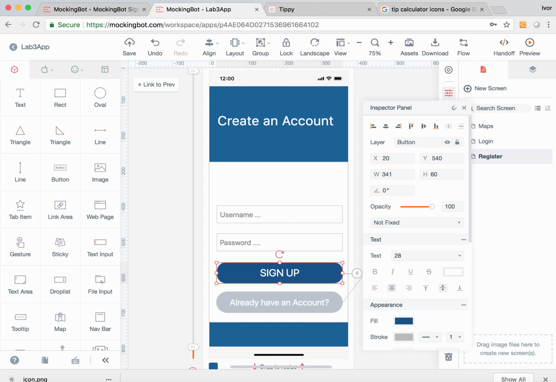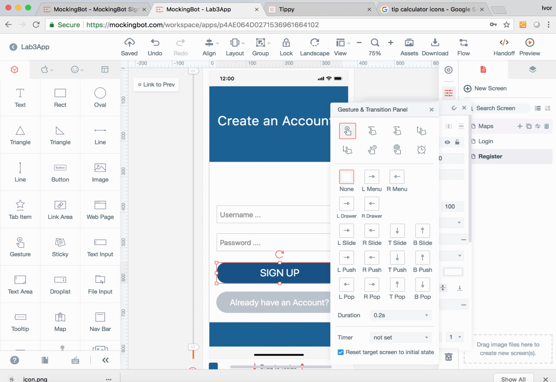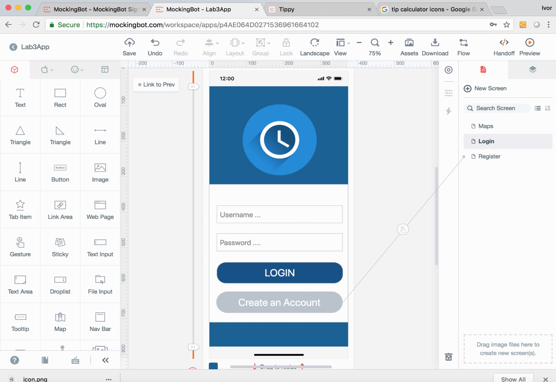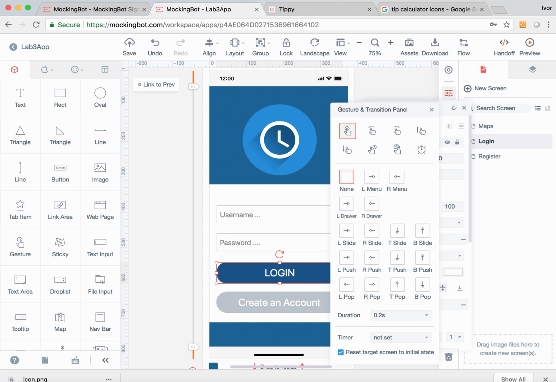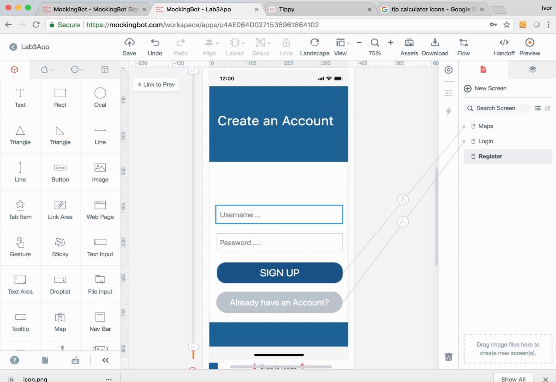Now I'm going to link the sign up button. If they sign up successfully, maybe I want to take them to the maps page, right? So I'm going to link that. Maybe do a left slide on that. I'm going to go back to the login page and then link the login button to the maps page. So if they click login, they successfully go to the maps page, if you will. Let's add one more field